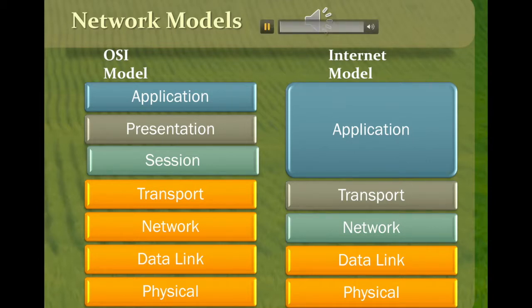All right, so now we're going to discuss the network models in some detail here, beginning with the OSI model, since it is recognized and required for many certifications and exams. I know Cisco requires the OSI model to be well known during its certification process. So starting at the top,